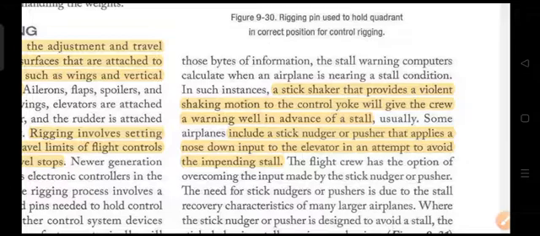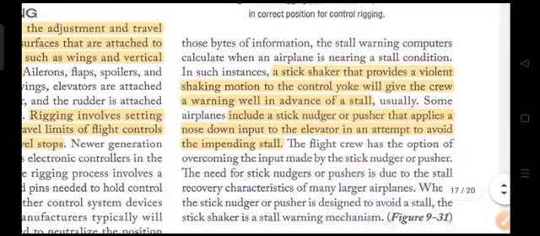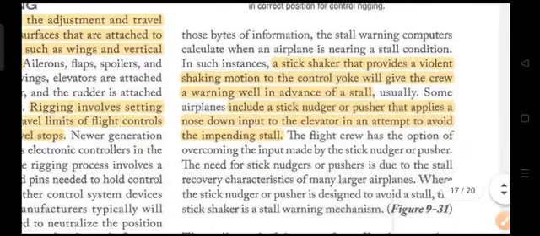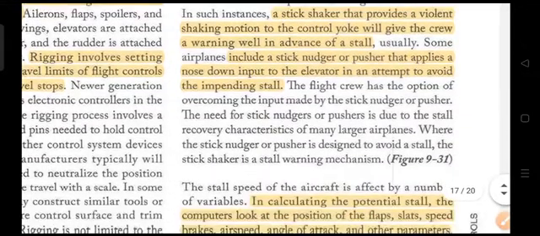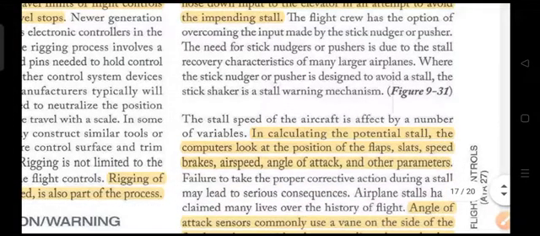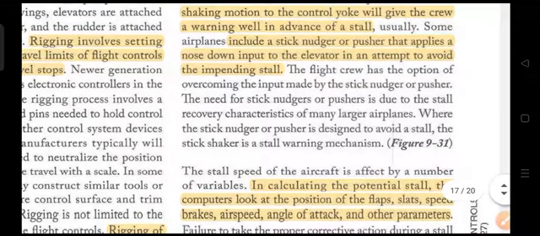No. There is a safety device called stick pusher or stick nudger that will allow the stick to go down, means the control to go down, which will allow the elevator to put the aircraft down. Okay, to put the aircraft down. So that is the reason the stick shaker is a warning device and the stick pusher is an error limiting or rather error correction device through which you can actually correct the